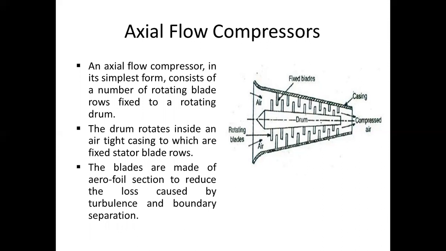The air enters from the left side of the compressor as the drum rotates. The air flows through the alternately arranged stator and rotor. As the air flows from one set of stator and rotor to another, it gets compressed. Thus, successive compression of the air takes place. In all the sets of stator and rotor, the air is delivered at a high pressure at the outlet point.